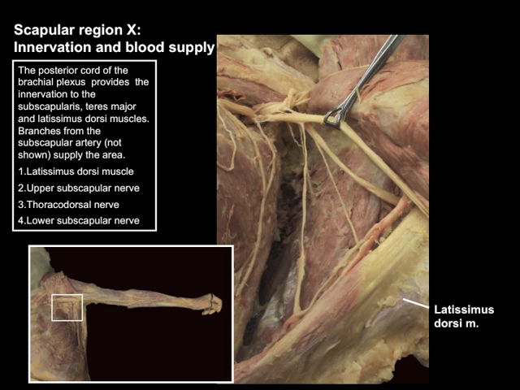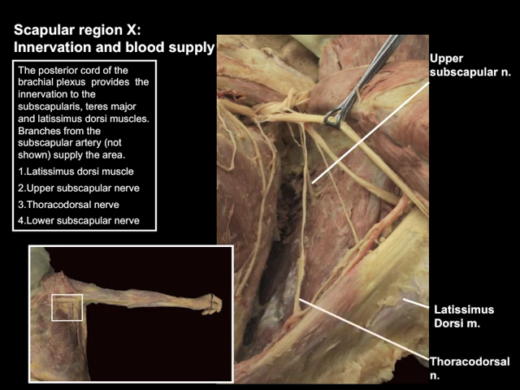For orientation purposes, the latissimus dorsi muscle is labeled. This is the part of the latissimus that inserts into the humerus. The nerves of this region are also labeled. For example, the upper subscapular nerve that innervates the subscapularis muscle. The thoracodorsal nerve that innervates the latissimus dorsi is shown. And finally, the lower subscapular nerve that innervates the subscapularis and teres major muscles, the latter not shown in the